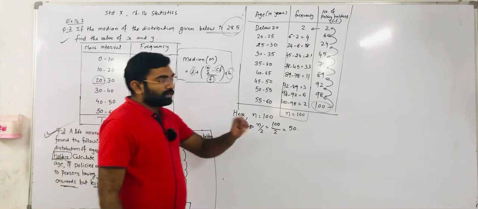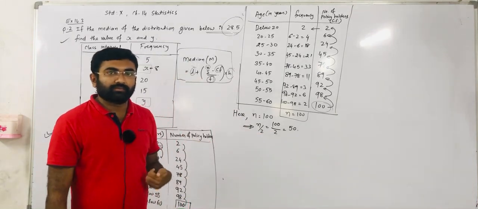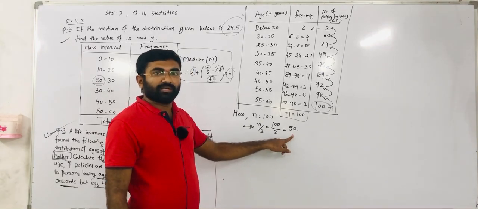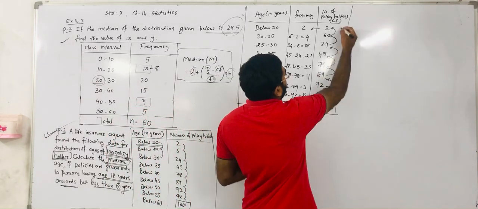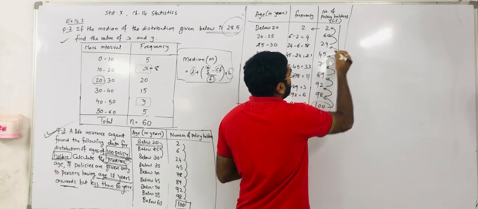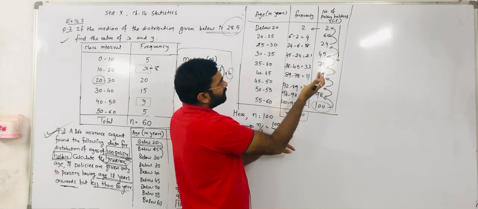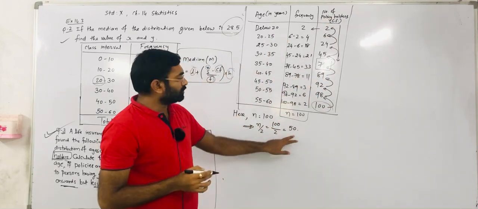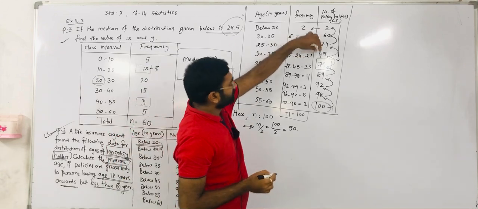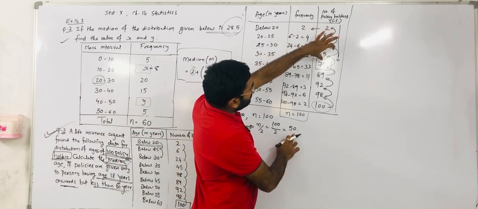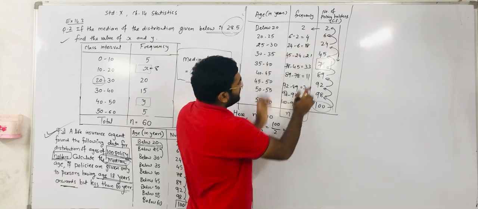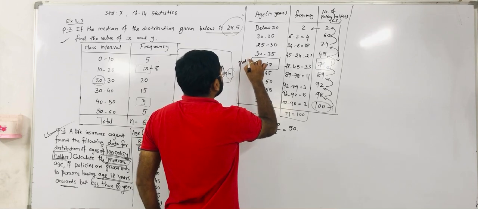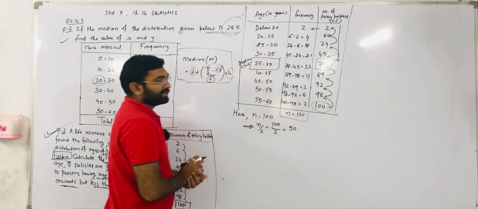Right? So for the median class, again I repeat how we decide it. From the value of n by 2, whatever value we get, you have to check it in the cumulative frequency for the just greater value. After 50, which value do we get? We get 78. In the cumulative frequency, you have to find the value just greater than n by 2. So n by 2 is 50, and just greater than 50 we get 78. The class corresponding to 78 is called the median class. Okay, so remember that.